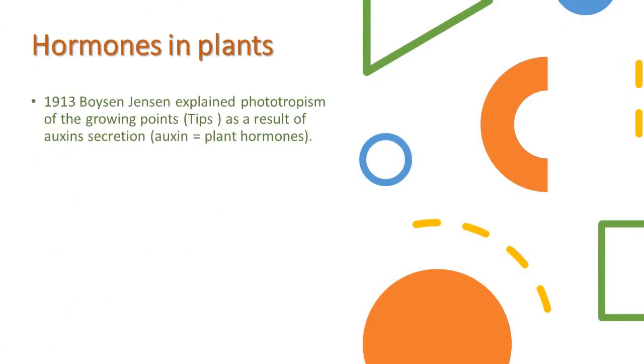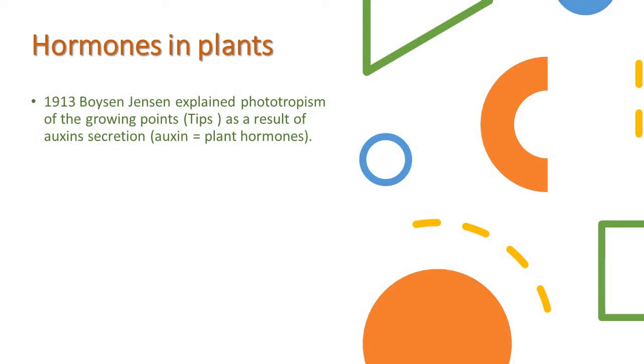Of course, plants also have hormones, which were covered by Boysen Jensen. He explained phototropism, the curvature of growing plants towards the light, or towards the water, or towards gravity. All of that is called tropism. So Boysen Jensen, when he explained this phenomenon of tropism, especially phototropism,